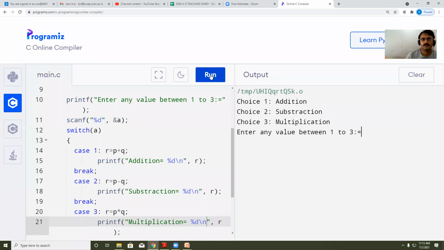See, these are menu driven. So what is the first menu? Addition. Second, subtraction. Third is multiplication. Out of these three menus, which operation do you want to perform? I want to perform this second operation. What is the choice for this? 2. If I write this 2 and execute